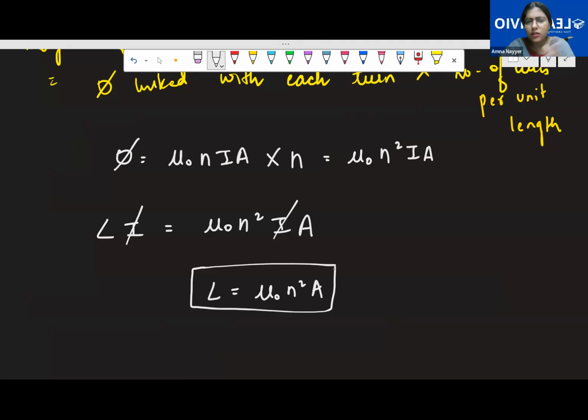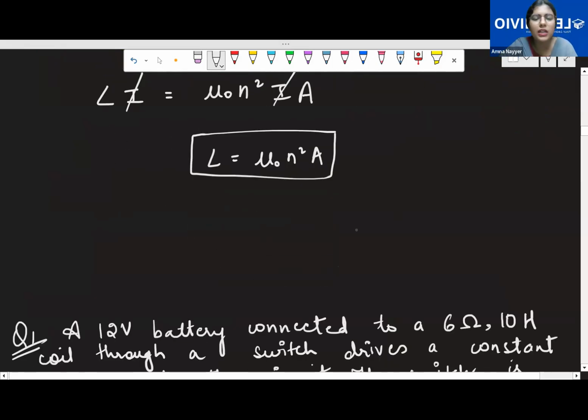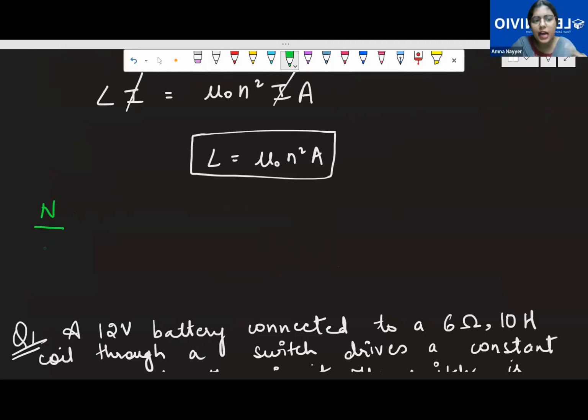And previously, not recently, a direct question has also come from this topic. So this looks a little unimportant, but it is actually important, the derivation and the formula part also. Till now it hasn't come in terms of the number of turns, but just in case it does, capital N by L is equal to small n. So their square will also be equal, and we can say L is equal to mu naught N square A by l. This can also be used.